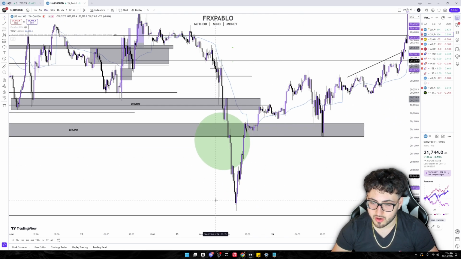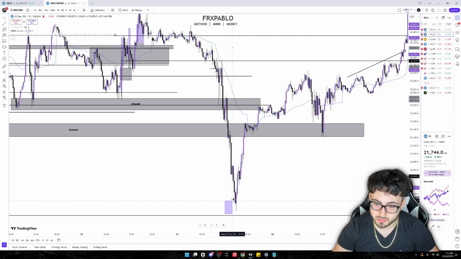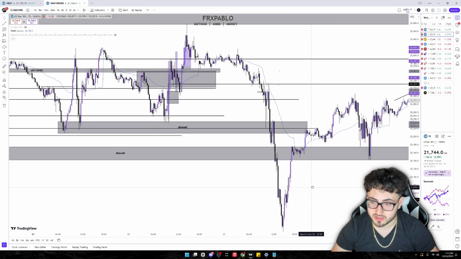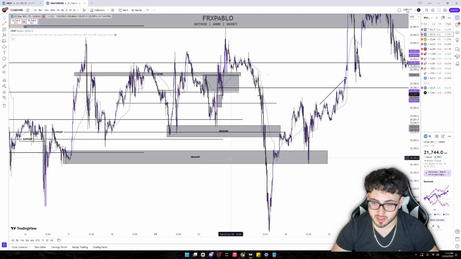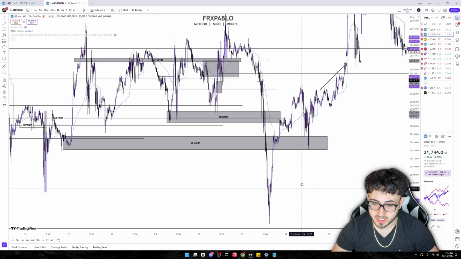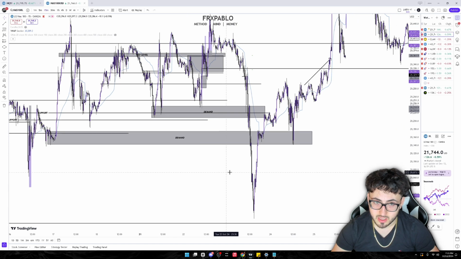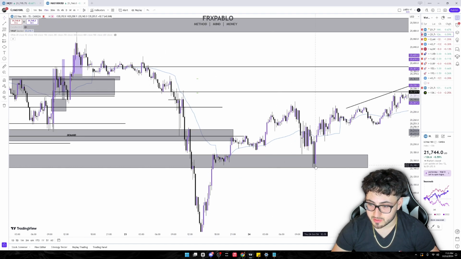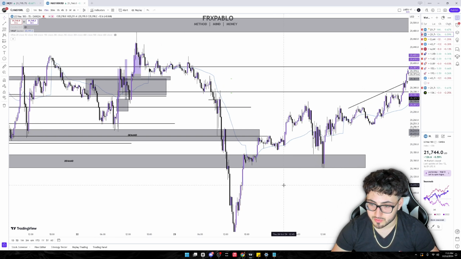But remember, all of this PA is just noise. This is just price action that happened on the lower time frame, but on a higher time frame, this is literally just a wick. The overall move happened here on the demand, right? It did reject off the demand. We just had a ton of volume, and we just peeled down really heavy. But this was one of those positions where you could have just waited it out. And eventually we did come back to retest this level, and we had a big explosive move up.